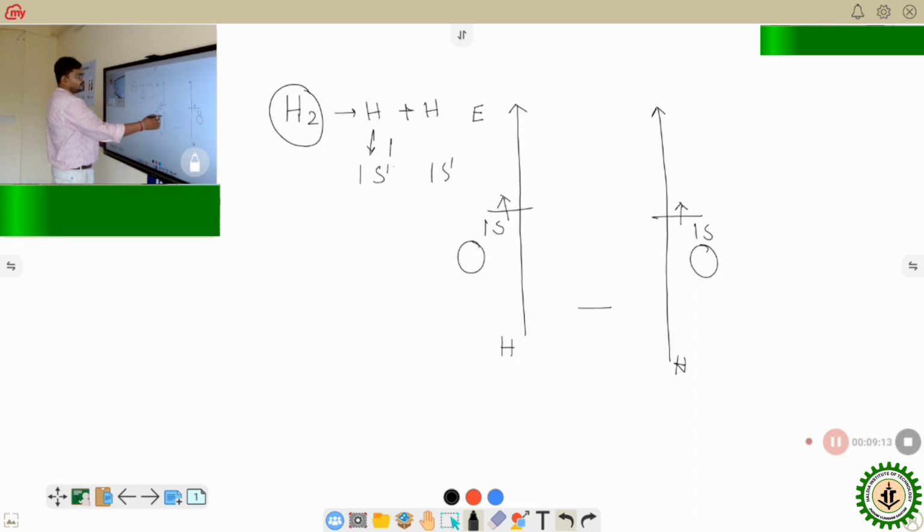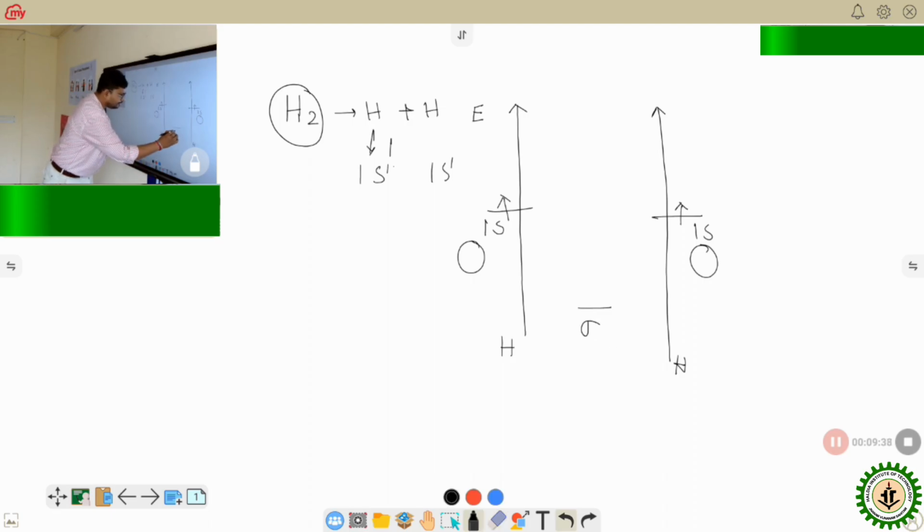So once the atomic orbitals form the molecular orbital in the head-on fashion, we know sigma bonds are formed. So this is sigma, and since the sigma molecular orbital is forming from the 1s, we can denote this as